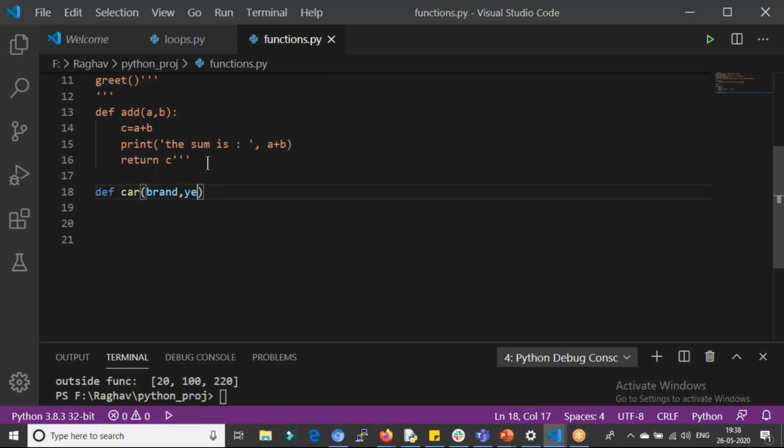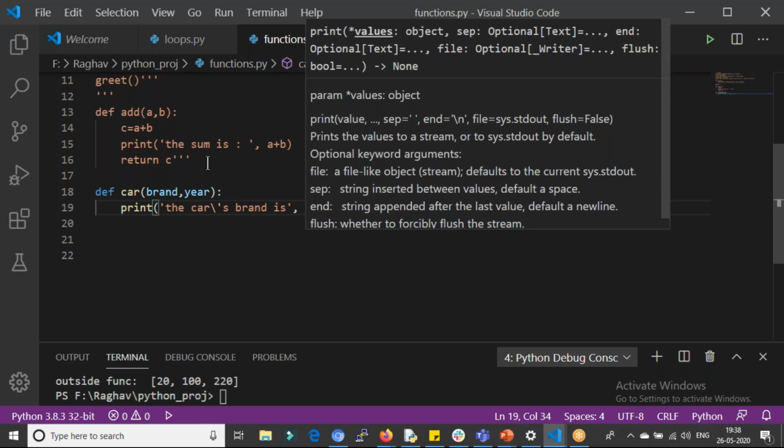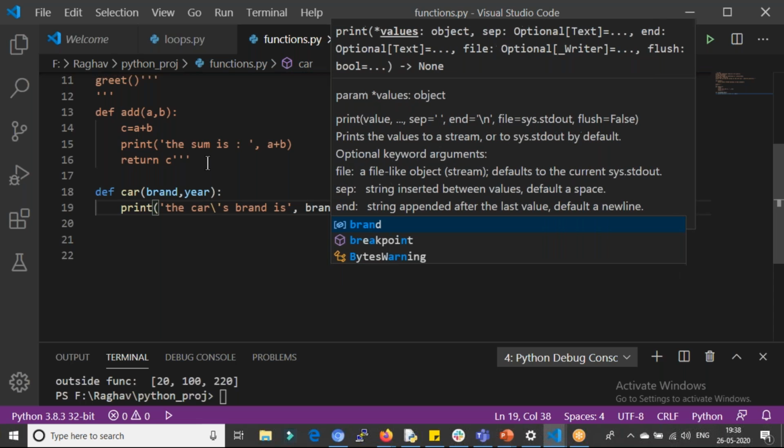Let's take the brand and the year released. Over here I'll print the car's brand is, and then print the brand.